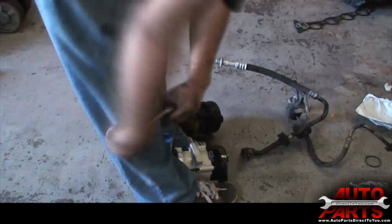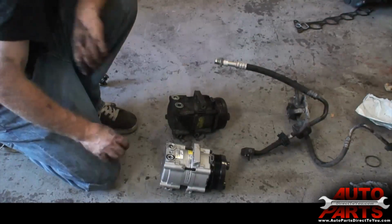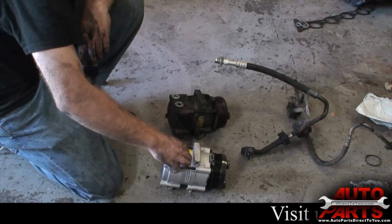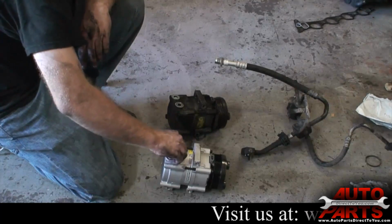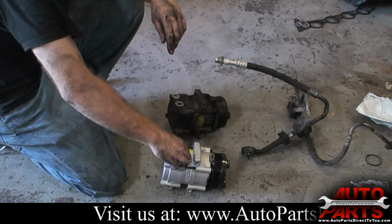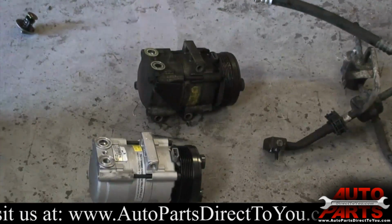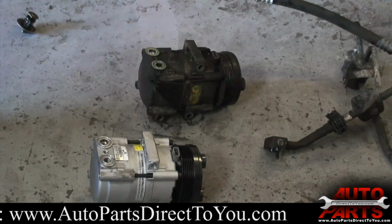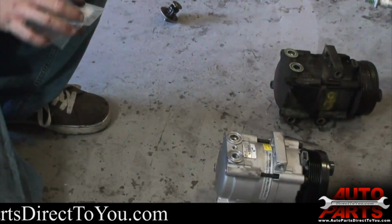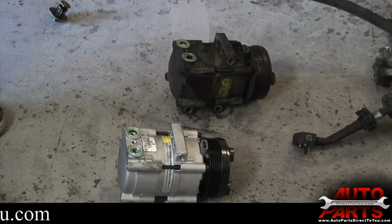I'm going to replace the O-rings in the new compressor. The new compressor kit comes with a whole set of O-rings. So every line you disconnect, you're going to want to change the O-rings. Alright, I got the old O-rings out of the new compressor. And we're going to want to replace them with the green O-rings that came with the kit. Okay, once you have those installed,